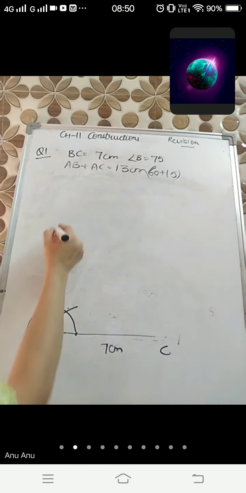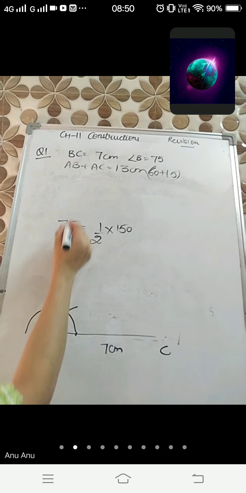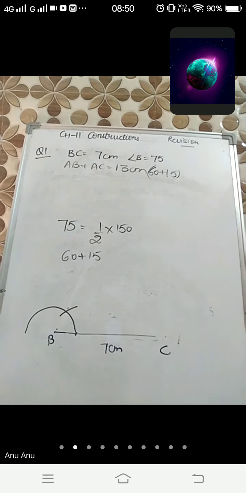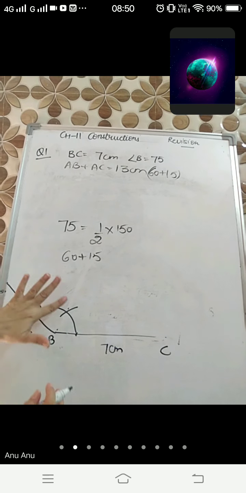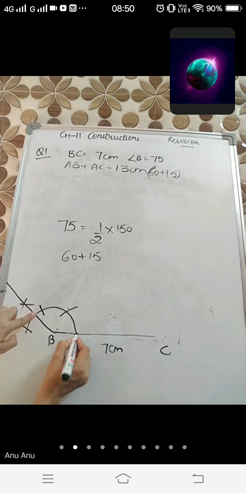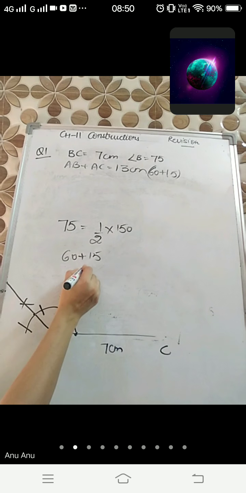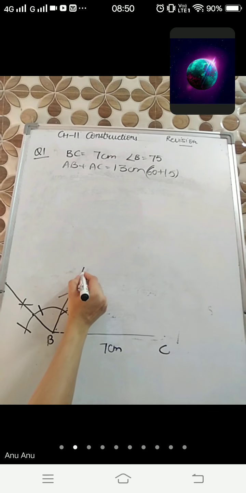But I want to tell you one thing more, that 75 is also the half of 150. Or you can draw 75 as 60 plus 15. There are two ways to draw 75 degrees, so you can draw in any way. So this is your first angle 60, then 120, then last angle is 180. If you make the half of these 120 and 180, that is your 150. So in case of 150, no need to draw 60 degree. Got it? If you make the half of this 150 from these 2 points, this will surely give you 75 degree. Hope it is clear to you all. So this is your 75 degree.